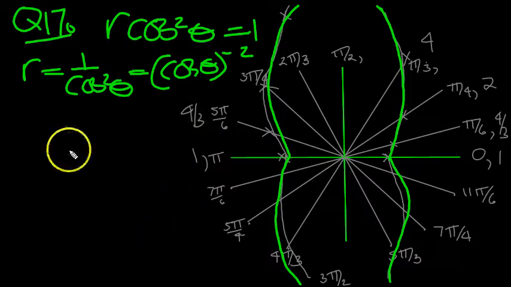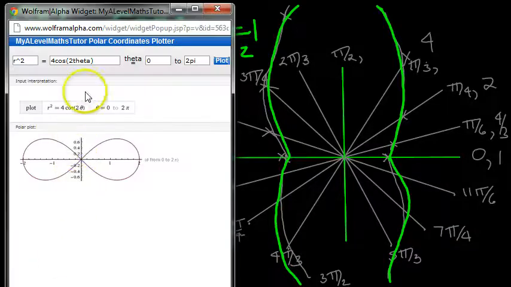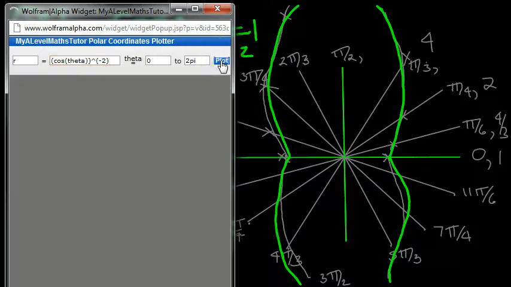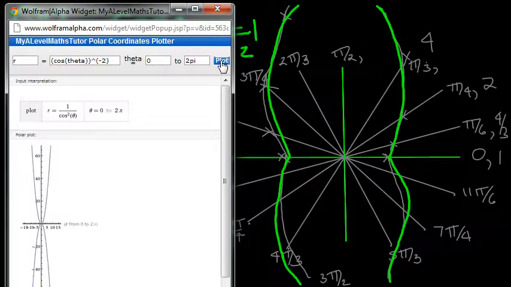Okay, so let's have a look at the sketch then. So we want 1 over cos squared, or cos theta to the -2. Let's go to our plotter then, here, and we want r equals cos theta to the -2, isn't it? Cos theta. Put a bracket around it all just to be absolutely safe. Power -2. Put another bracket just to be on the safe side there. See what we get. Yeah, that's interpreted it correctly, and as we saw, it shoots up a little bit less exaggerated than the sketch